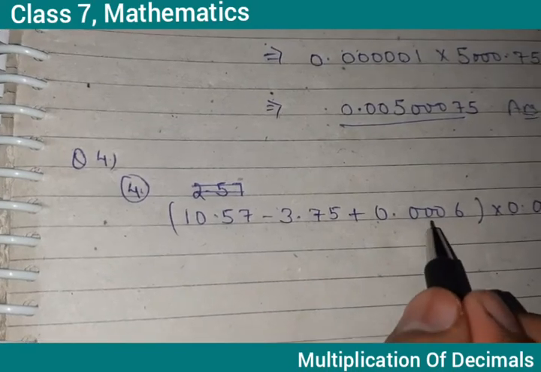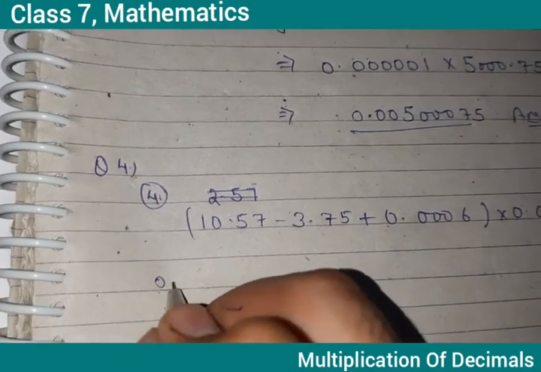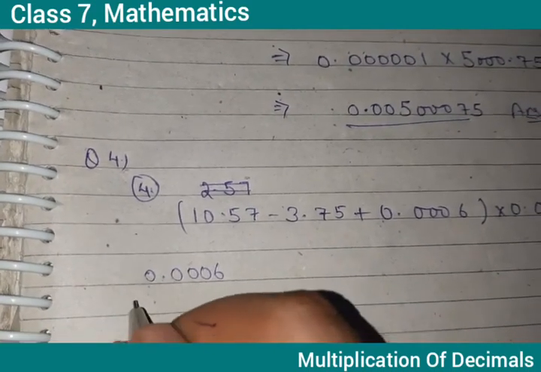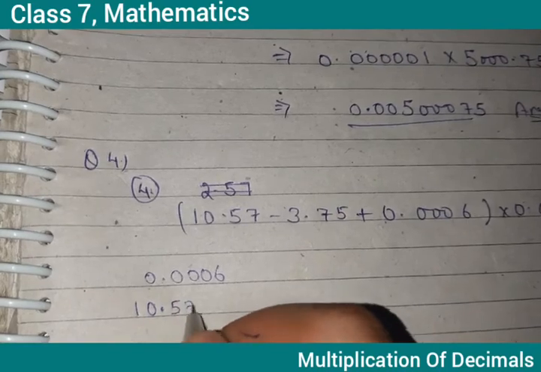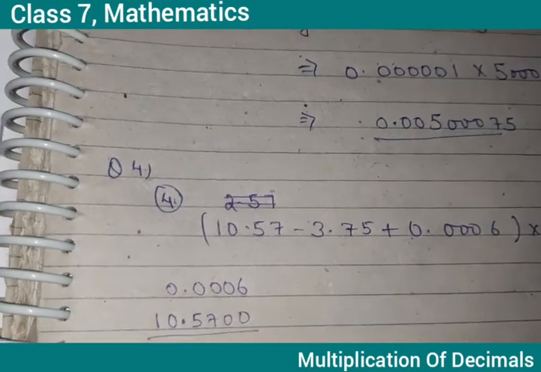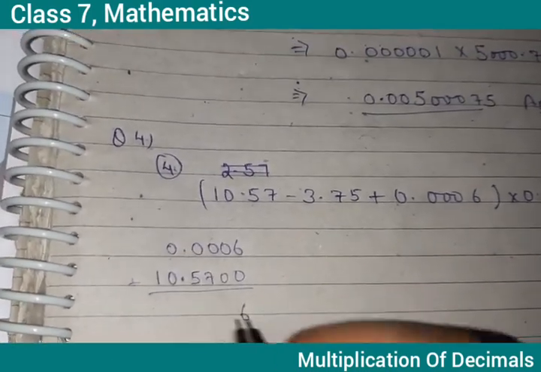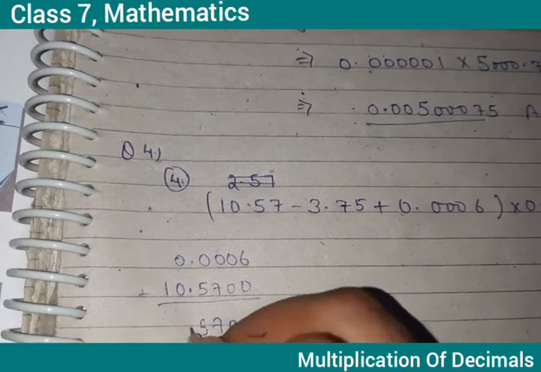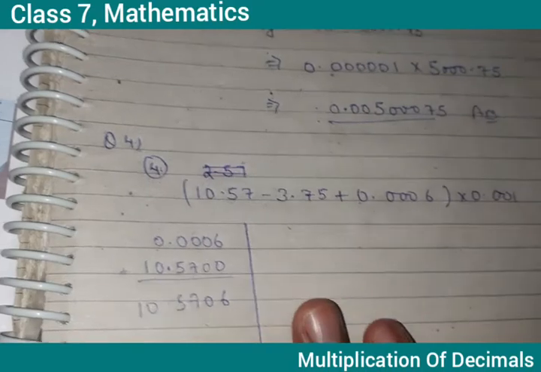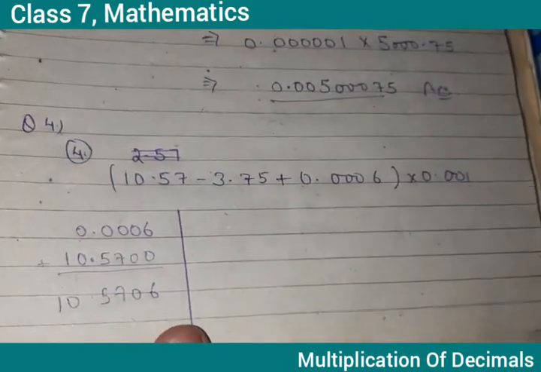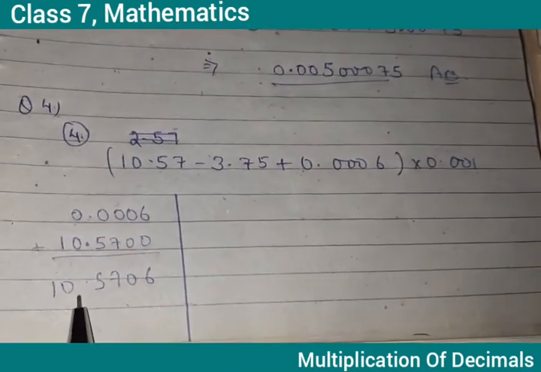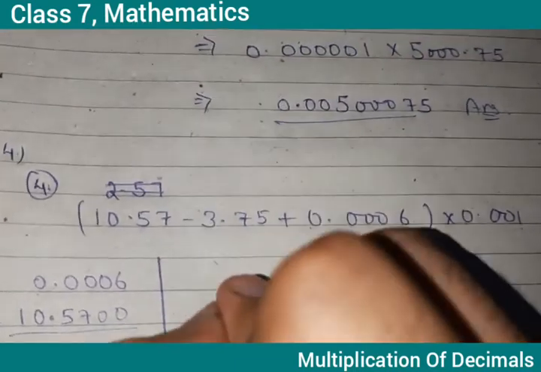See, 0.0006, write it down like this. This is basically rough work, okay? 0.0006 and 10.57. Now we are having no digits given in the question. Simply place a 0 here. When you add it, you will get 6075. That is 10.5706. But this is rough work, okay? This should be done by the children who are in standard 4th or 5th. You all are seniors, okay? So you know how to take the answer directly. 10.5706.